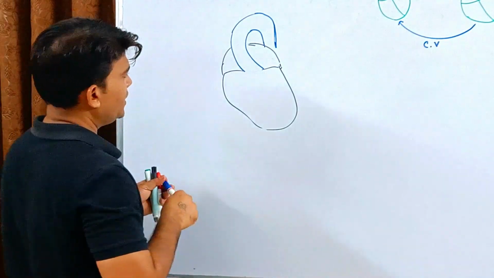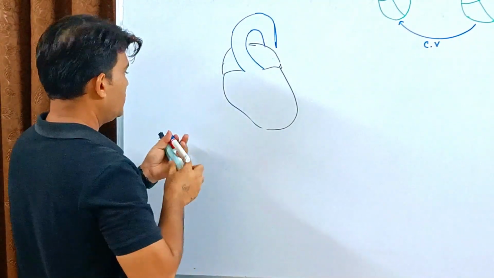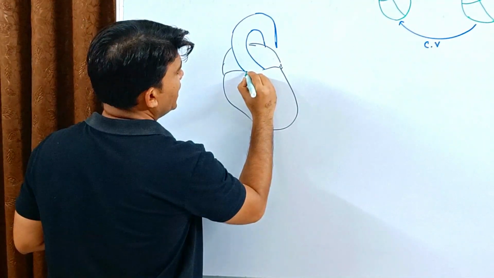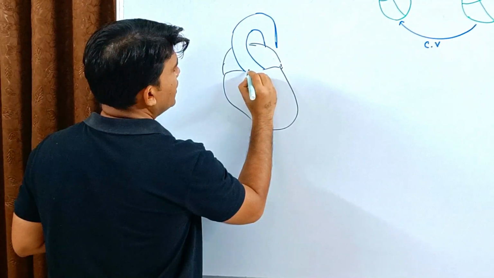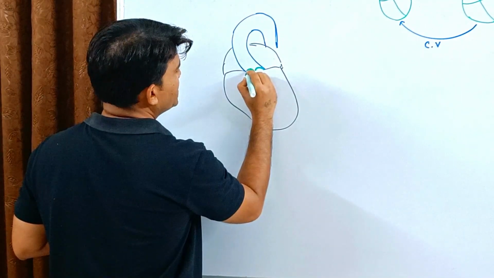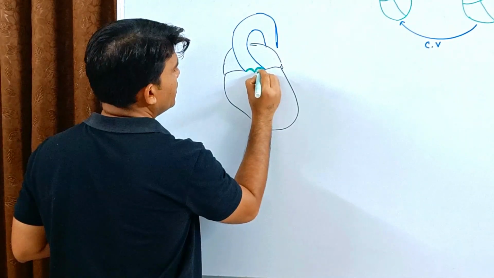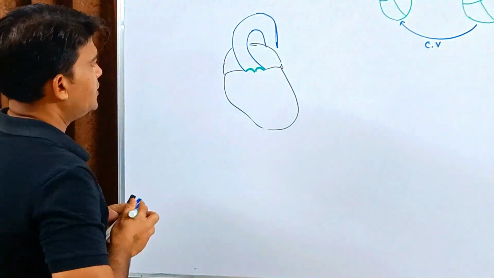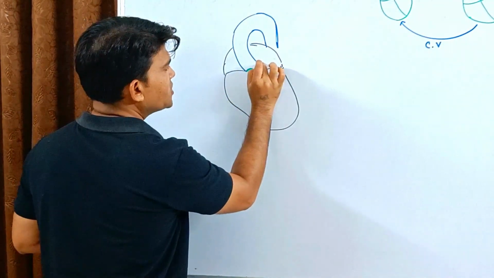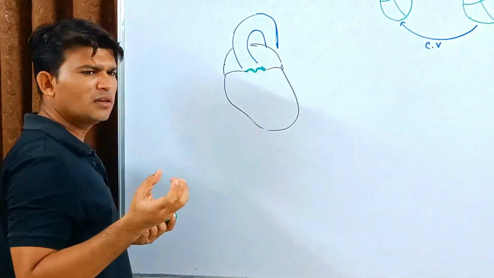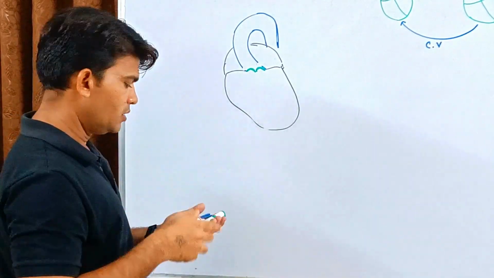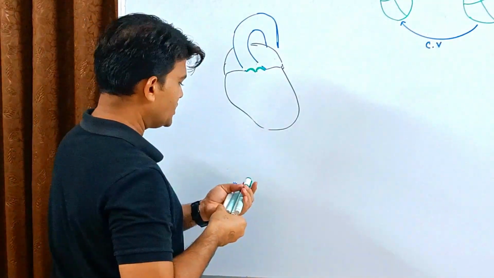So yes, and here what we have, which valve? Aortic valve, right? So it is basically the aortic valve. Suppose this is in closed condition. It's not bicuspid, it's basically the aortic valve. And just superior to the aortic valve, there are three dilations. This is also called the aortic sinus, or sinus of Valsalva. There are basically three dilations